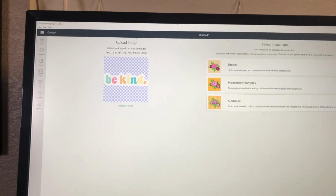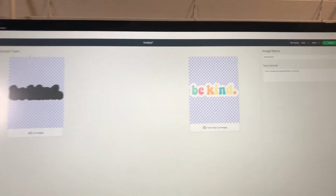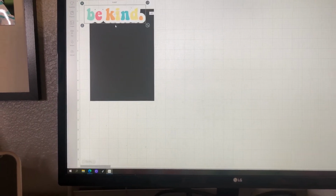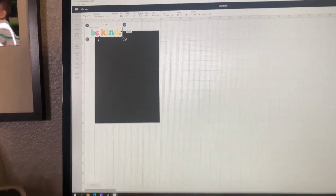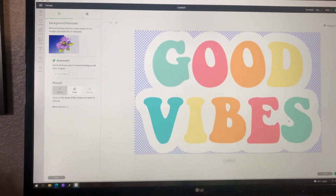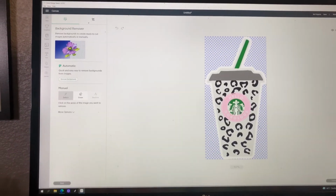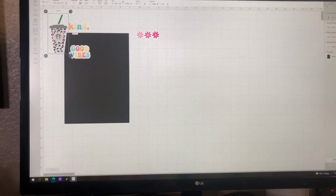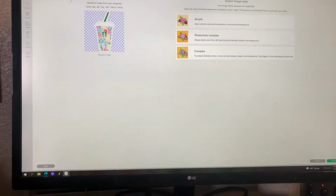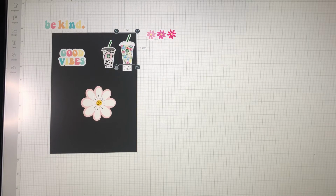So whenever you upload an image, you're always going to click complex if you're doing print and cut. Then we're going to click print and cut image. I'm just gonna size it how I want. We'll fix it here in a minute, but I'm just resizing it. So here I'm repeating the process and uploading every other image that I want to make as a sticker. I'm choosing complex every time. As I'm uploading them, I'm making them a little smaller just to get them out of the way, but in just a minute, once I have all the ones that I want, I will resize them to fit on the